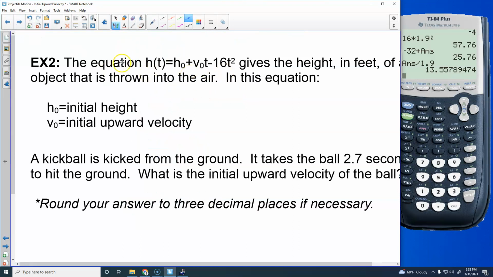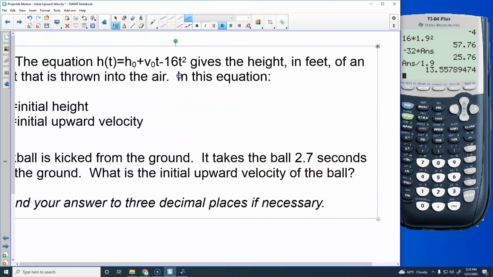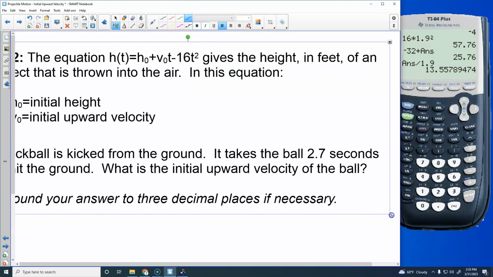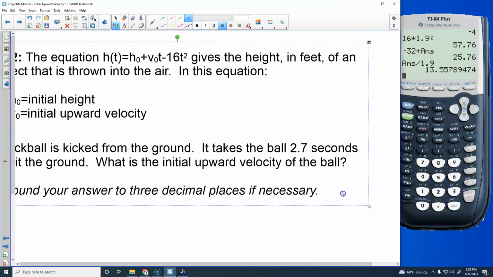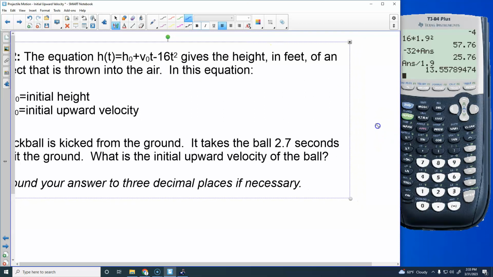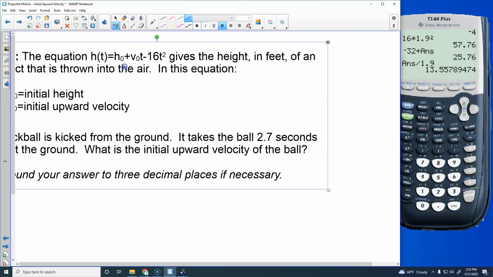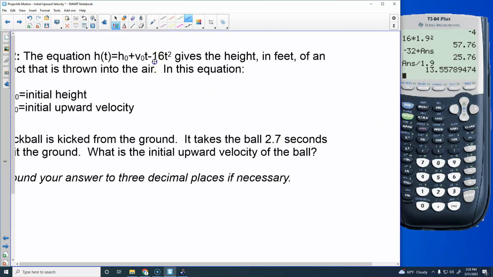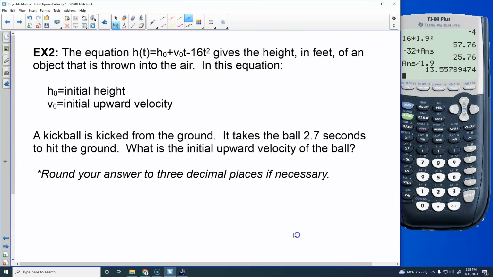Okay, so we have, again, a similar thing happening here. I'm trying to make it all fit, and it's okay. All right, so